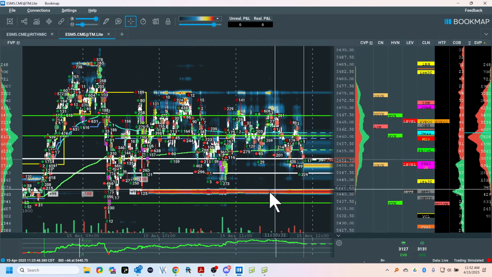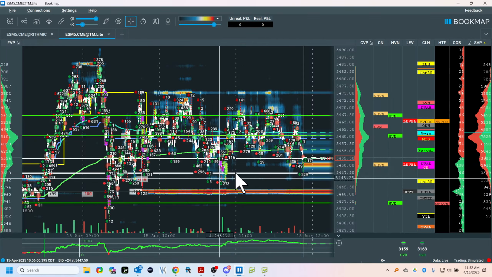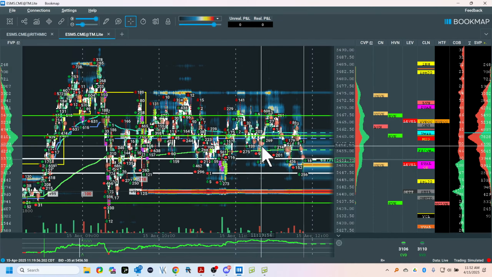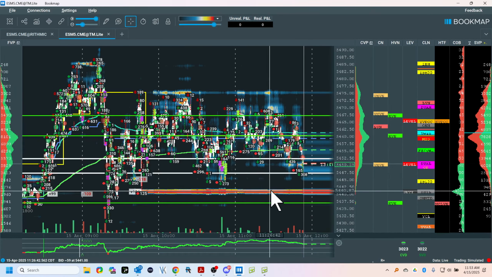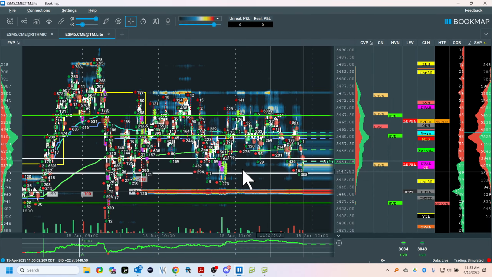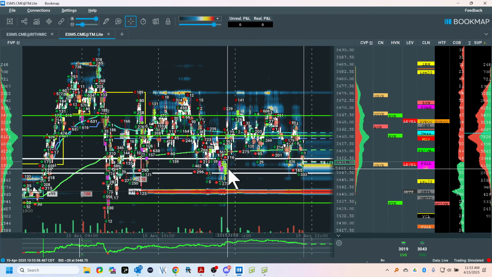Or it comes down here. It doesn't take this out because our buyers were here, our icebergs, and then we have to see what happens. I do not put my stop here. Now, in hindsight, it might have been, wow, that would have been a smart move. I don't know that. So my plan just says it has to fail. If it comes down here, then what do I have? I'm going to be looking out here again. When I was talking about outside edges, remember, I was saying the better place for this is further outside. Well, if it doesn't get there, it doesn't get there. So I'm okay taking this to come back there.